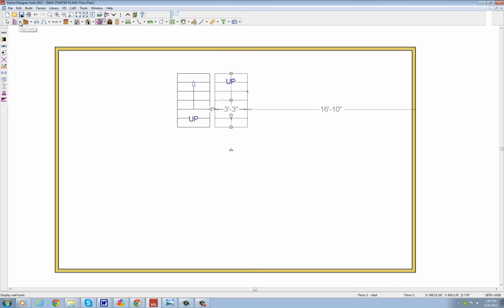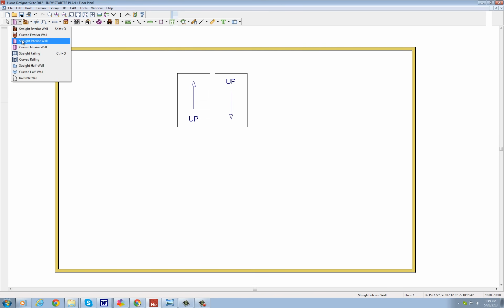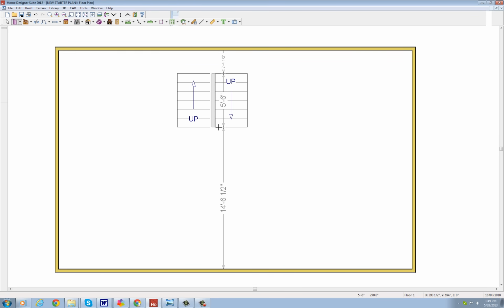So we're going to go over here. We're going to click on straight interior wall, left click on straight interior wall. And we found that right over here at the wall tools. You can see there's wall tools. We opened that up. We left clicked on straight interior wall. And I'm going to draw a wall in the middle of these 2 sets of steps here. All right. I'm going to let it come out a little bit past, because they actually do come a little